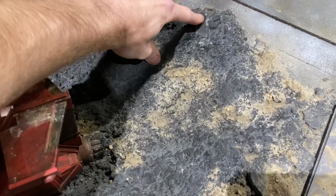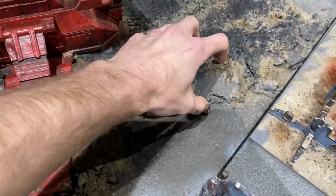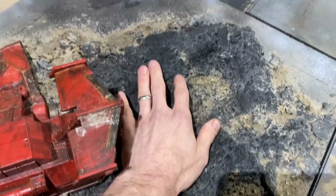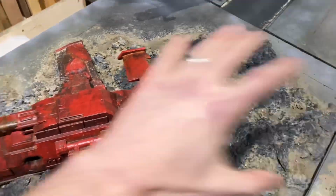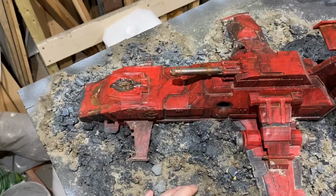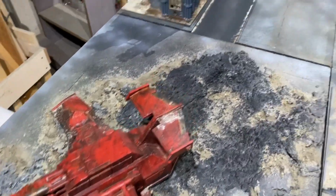You've got some cork work here that matches in with the top surface, so it looks like it's broken it up in slabs. And then this is very much blackened and dark grey to give it that kind of burned look, like it's really been superheated as the aircraft has crashed. And again, more oil work on these. So overall,